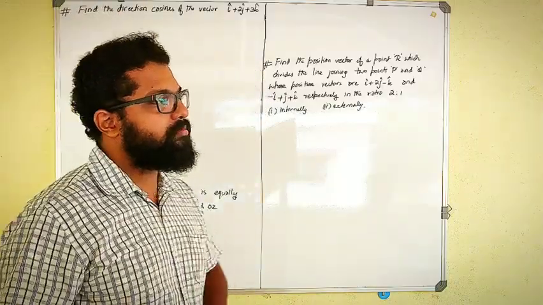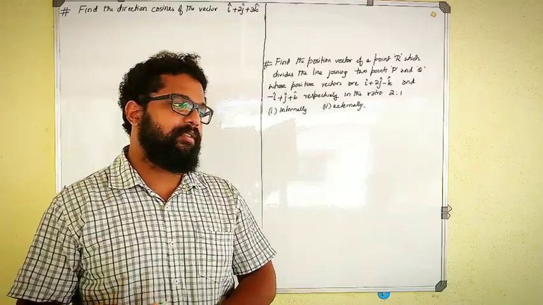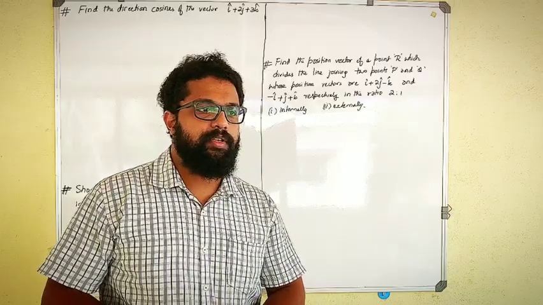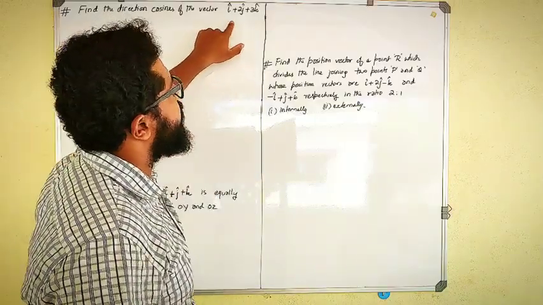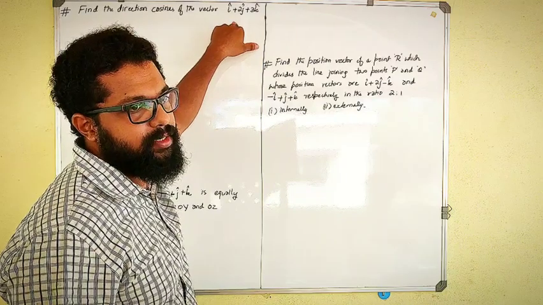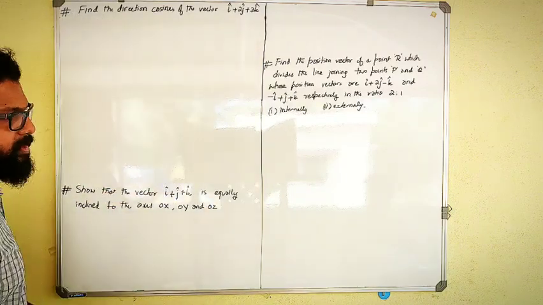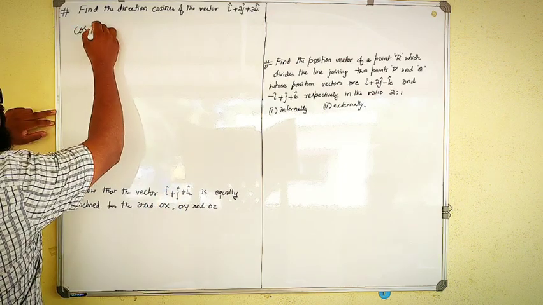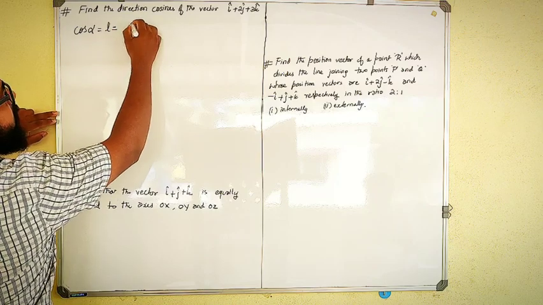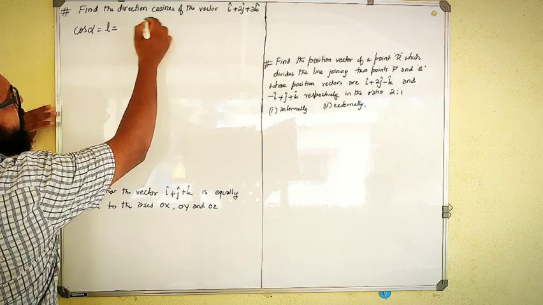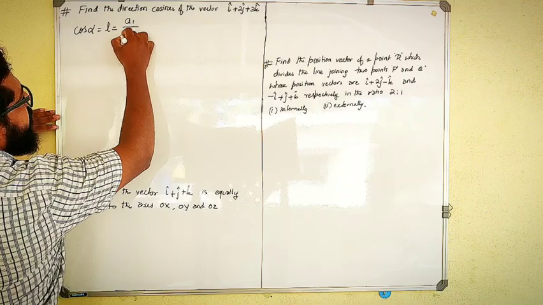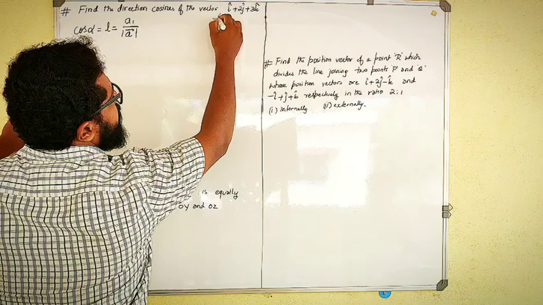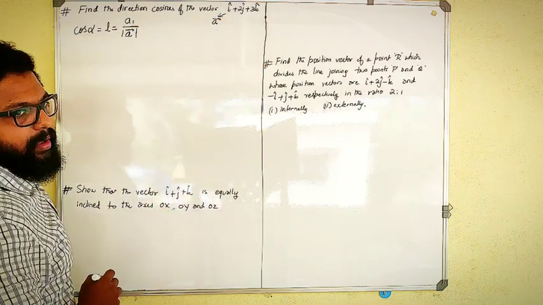And also in the previous video, we have come across that the direction cosines are nothing but the components of a unit vector. Correct? So first what I'll do is I'll simply find out the unit vector of this one, and the components of that itself is nothing but direction cosines. So that is one way, or directly if I remember the cos alpha formula, that is L, that is nothing but my first component, A1 divided by magnitude of A vector. If I name this as A vector, A1 divided by magnitude of A vector.